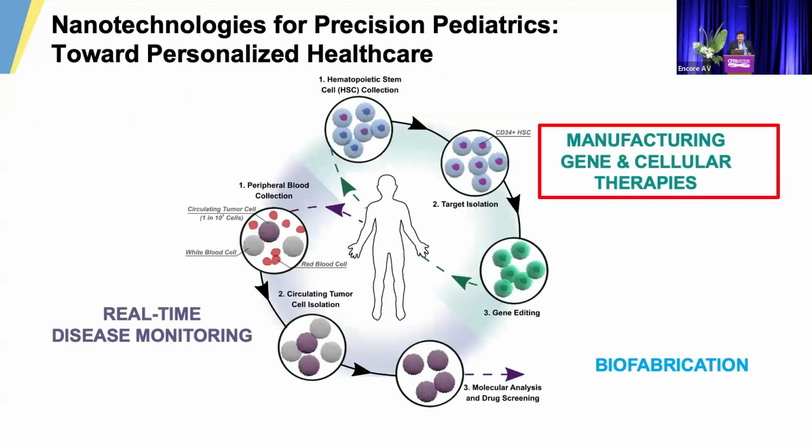But before we get into CF, like Dr. Desh said, I'm actually a pediatric hematology oncology physician, so I haven't had the privilege of taking care of kids with CF since my residency days. But as we approached my training as a physician scientist and building our group, we try to take a disease agnostic approach to the nanotechnologies and tools that we want to develop, and really cater those tools to